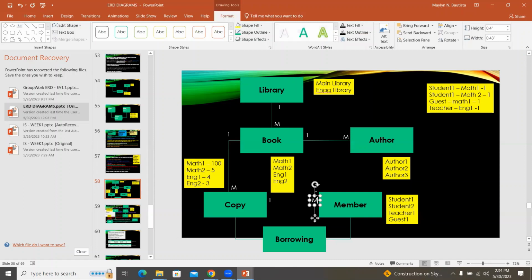Ang question, ano ngayon ang cardinality nito? Okay? So, one copy for one member. Okay? So, we have here one, okay, or one copy for several numbers of members. Okay, so we have here one, two, many. And one member can borrow